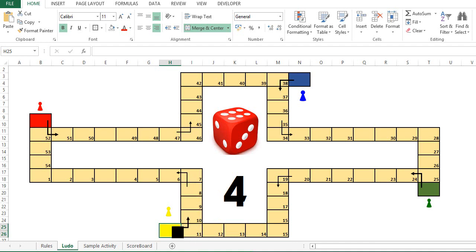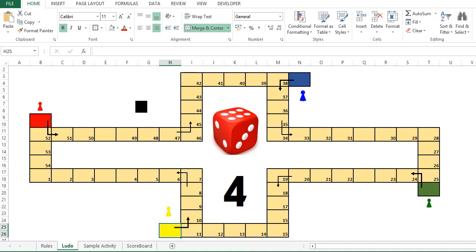Anyway, this arrow is given here. So someone who starts for red will start moving from 52, 51, and likewise someone who starts from blue will move from 38, 37, and they'll just follow this order of movement clockwise. That's all. So this could be done when we are playing this game.